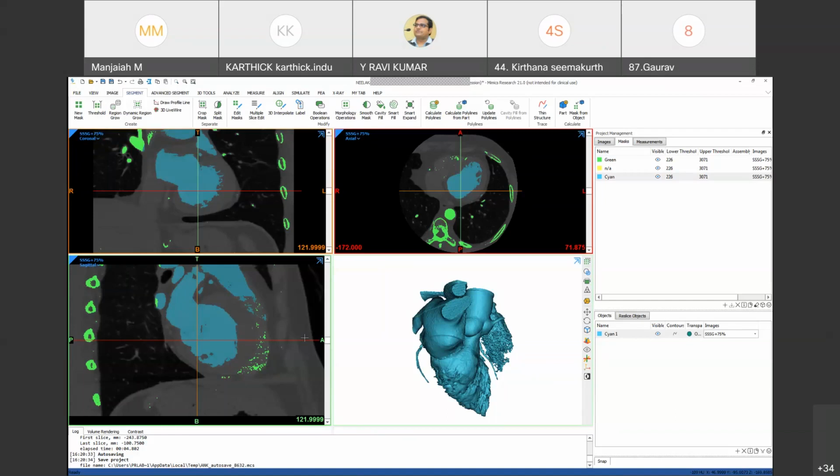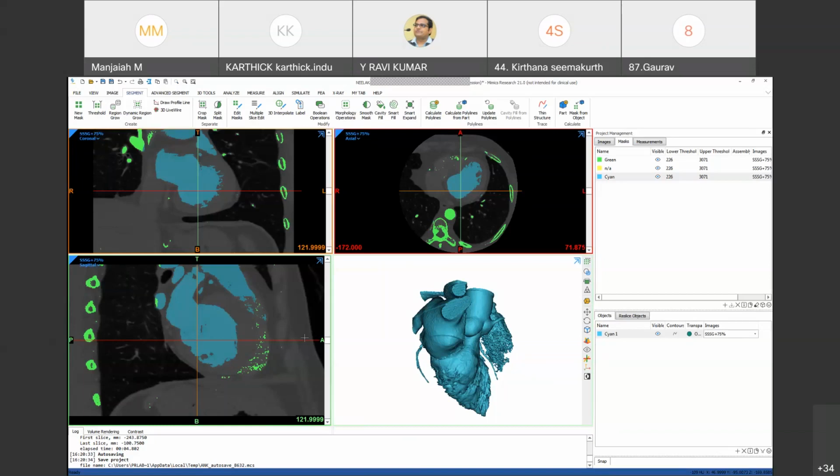Even try it with other software. YouTube videos are available, sir, regarding Mimics software. And if you wish to learn more about these medical models, you can try different software like Blue Sky Bio and 3D Slicer.